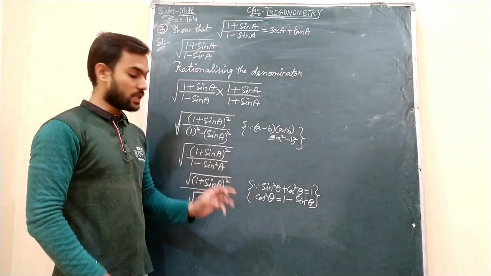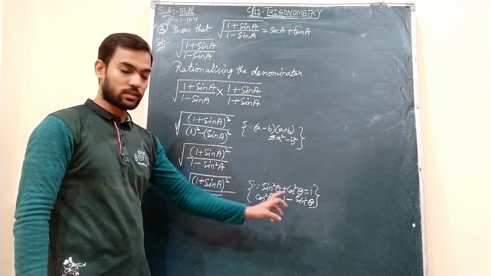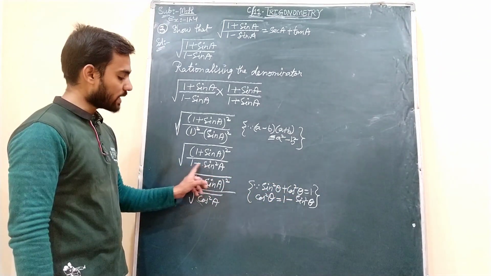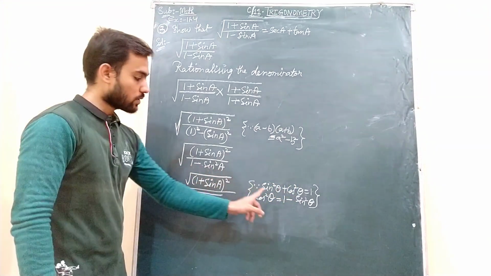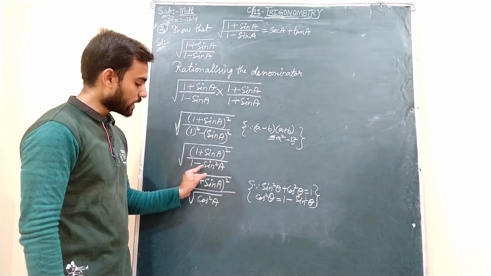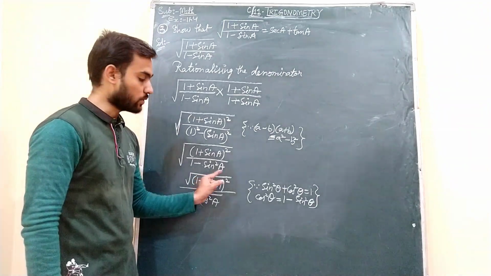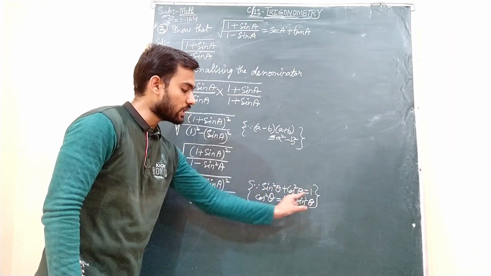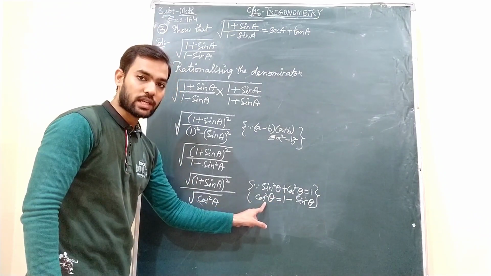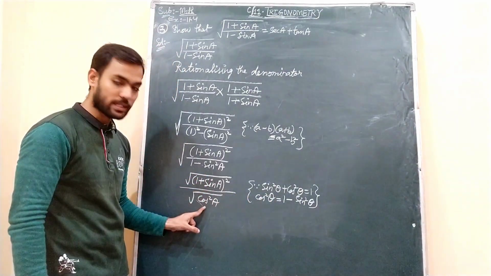Understand? In the previous question you had cos square theta, you wrote sine square theta as 1 minus cos square theta. Whereas here you want the value of 1 minus sine square a. So what I did, I have written the identity as it is. Then I was trying to get the value of 1 minus sine square a. So I have transposed this sine square theta to this side. I got 1 minus sine square theta, which equals cos square theta, so that I have written in place of that.